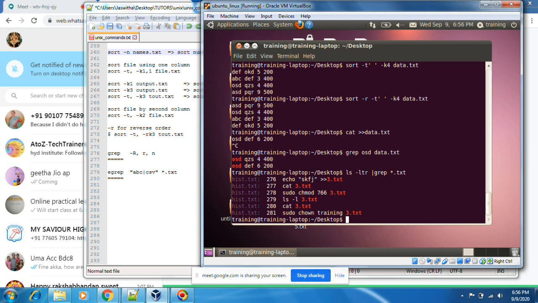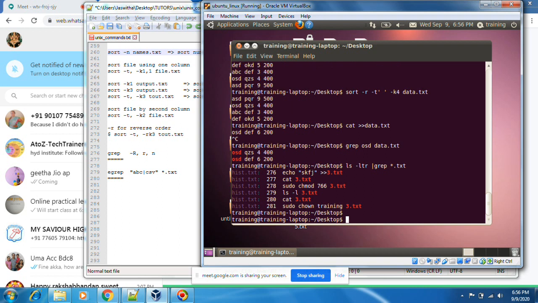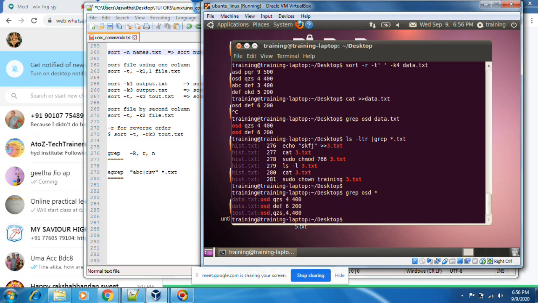Now I want to grep OSD with star. How many files inside the directory have the OSD word? The OSD word is in data.txt, in two locations.